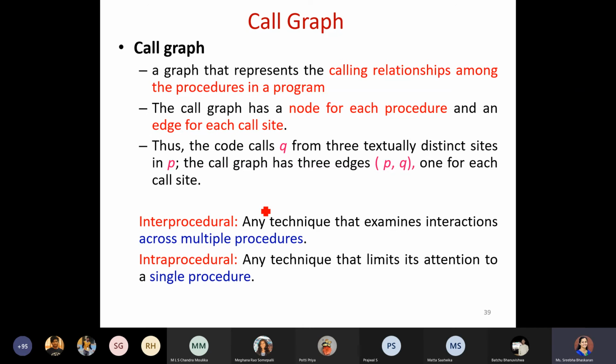When from main function you are calling add function, a new symbol table would be created. And who has called this? From main function you have called. So you will have a pointer pointing from main to this one. By using these pointers, once the function definition is done, the control goes back.